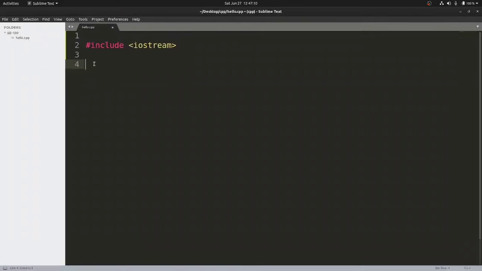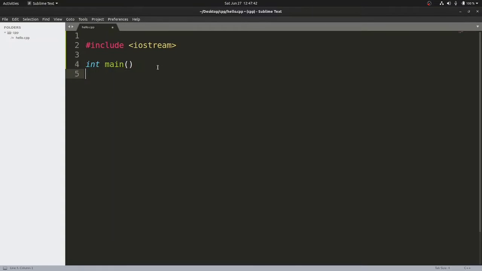Now every C++ program has a starting point, and that starting point is the main function. So int main. What is the meaning of this line? main is the name of the function, and this function is reserved for the C++ compiler. You cannot have any other function having the name main. Our C++ program will begin its execution at this main function, and after the entire function is executed, it will return an integer value. That's why we have given int here.